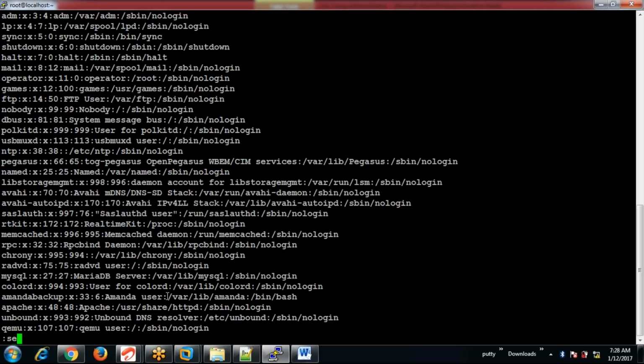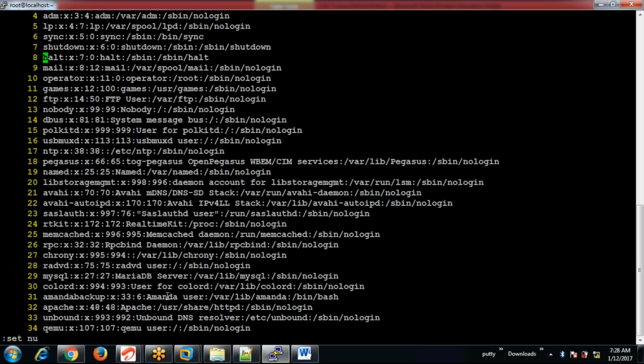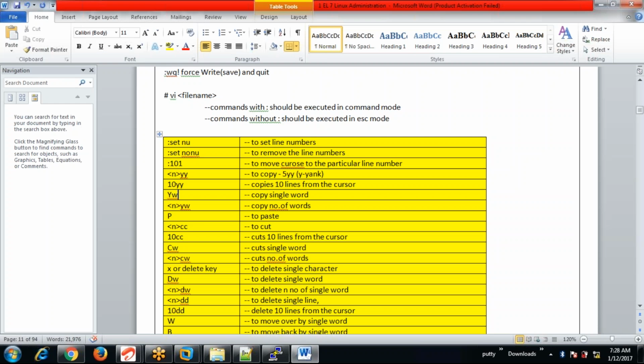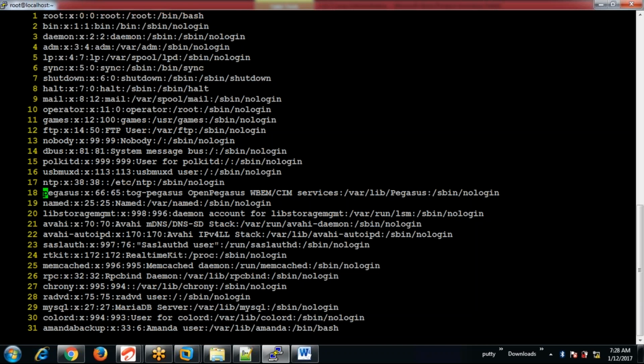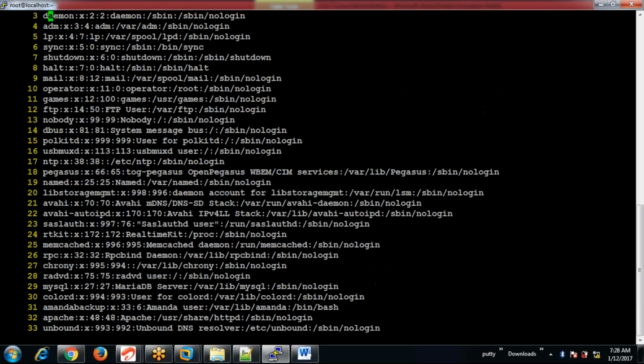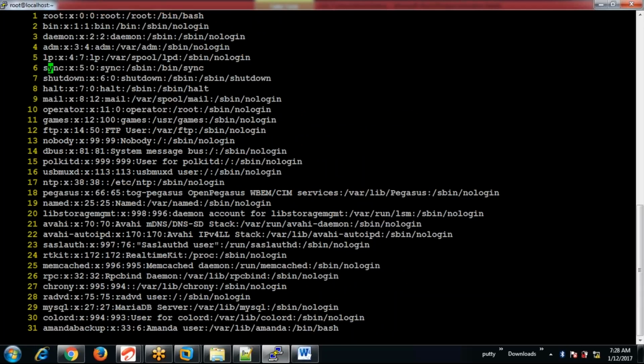Go to command mode and type the command set nu. The set nu command will give the line numbers in the file, so you can easily toggle it.